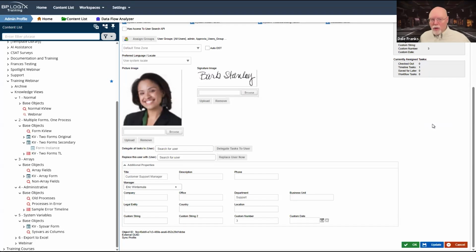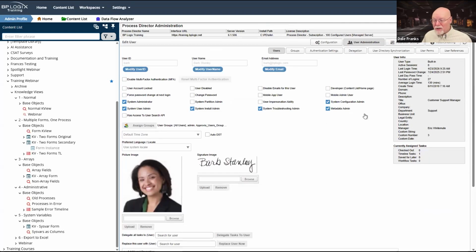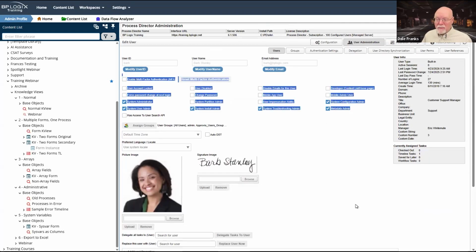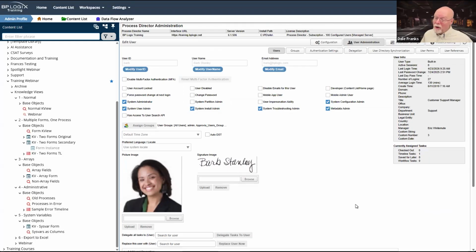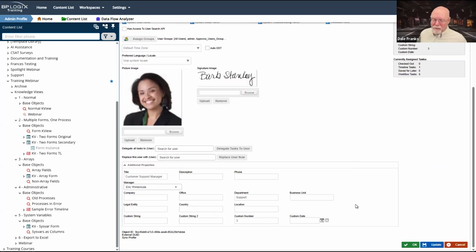So if I have a user picker on a form, the form field system variable for that user picker automatically returns a user object, which means that all of this information down here is accessible to me. Actually, all of this information up here is accessible to me, although we don't have modifiers for a lot of this for good reason.